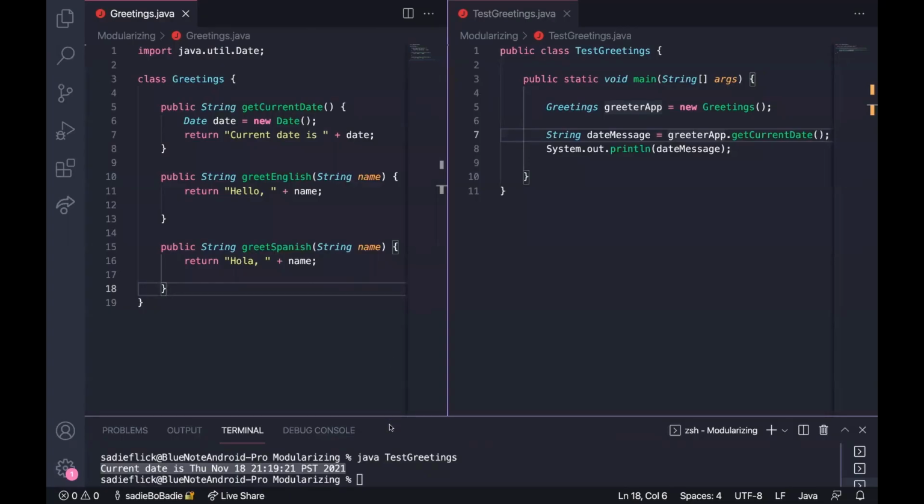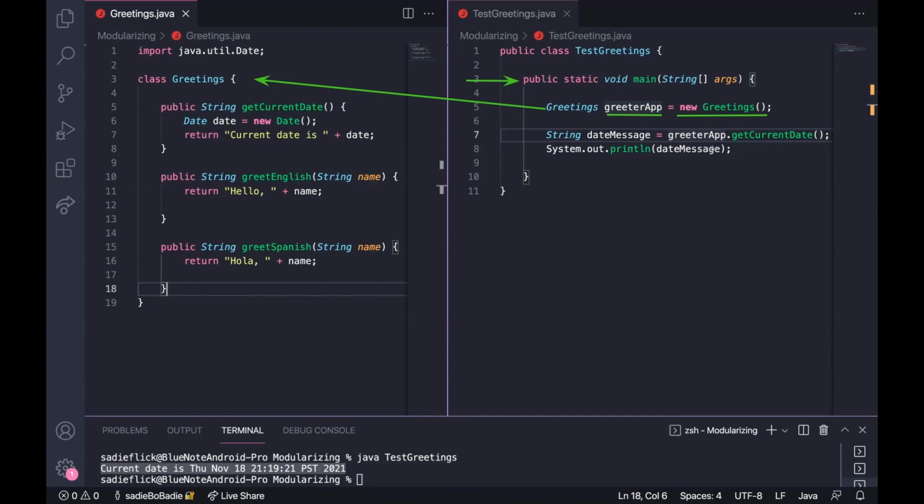So let's just review these two files side by side and look at the code flow. You can compile them separately, but if you're compiling the file with the main method, it will compile anything that's referenced automatically. So it'll start with this public static void main, run this method, and within it, it runs line 5 first, and it immediately finds that greetings class and creates an instance. Once we've created an instance of this greetings class, we can use that variable to call any method we want within the greetings class. So on line 7, we create a new date message and set it equal to whatever